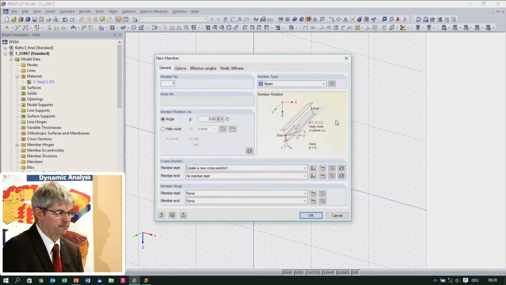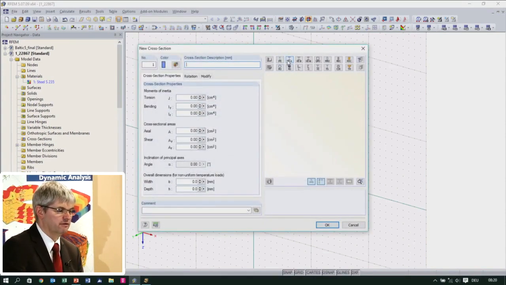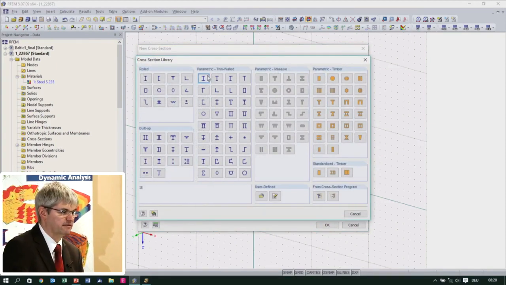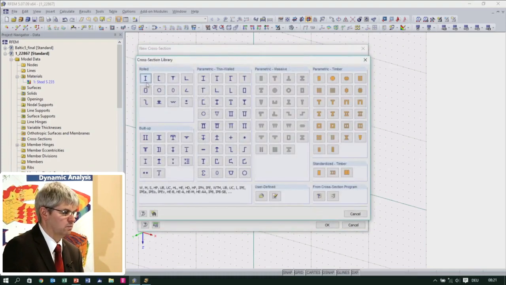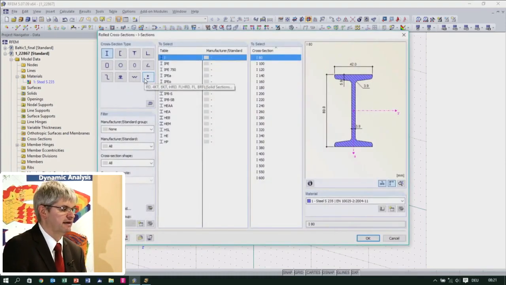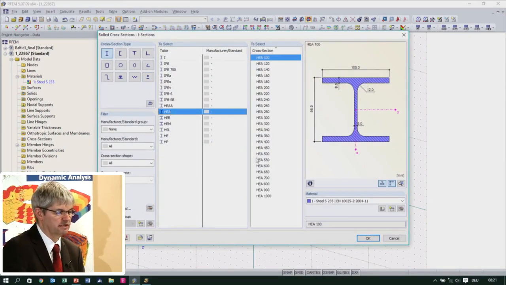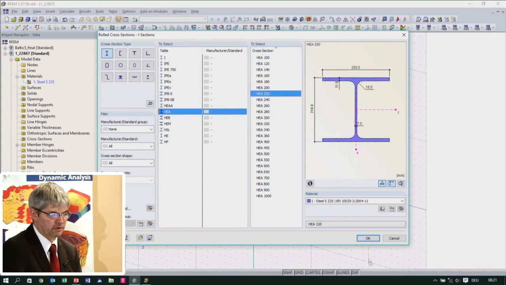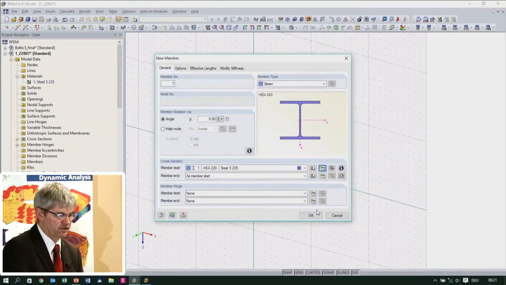I'm creating a new beam. I'm creating a new cross section. I'm going to the library of the cross sections, which are, again, many parametric ones where you can enter the dimensions or rolled sections that you can buy ready from the steel mills. I'm starting to do a column, wide flange beam with 220 size, made from steel, and I just fill out